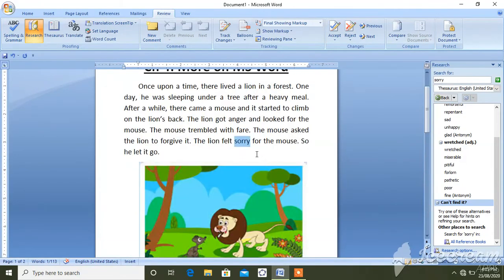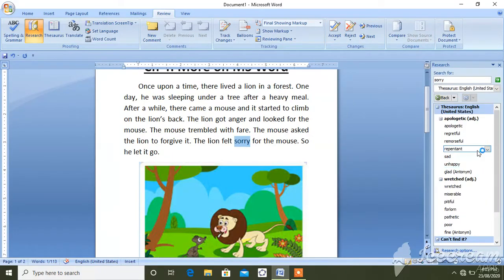The word is sorry, and the synonyms, meaning the same word, are apologize, sad or unhappy, and the opposite words are wicked, pitiful or pathetic. These are the synonyms and antonyms.